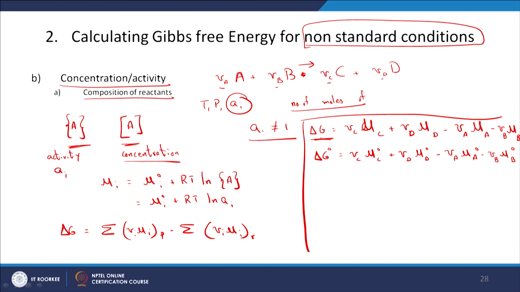right, this is what we have, this delta G is at the non-standard conditions and this obviously is at the standard conditions. So, let us try to expand this particular case here and also try to apply what we just have. I guess the background information is mu I at non-standard conditions is obviously equal to mu I naught plus RT natural logarithm of the activity of I, for the standard conditions of temperature and pressure, which is 25 degrees centigrade and 1 bar. So, let us try to plug them in please,